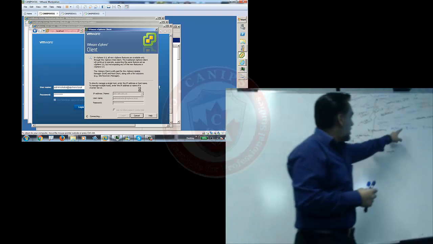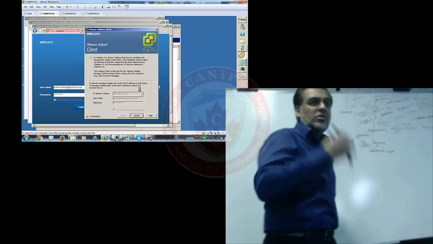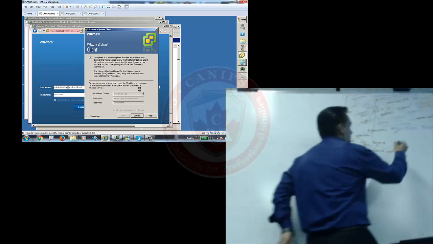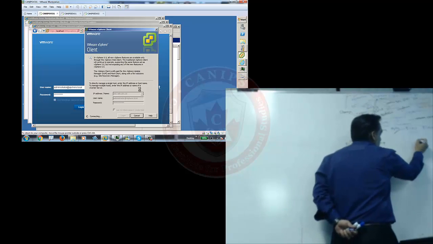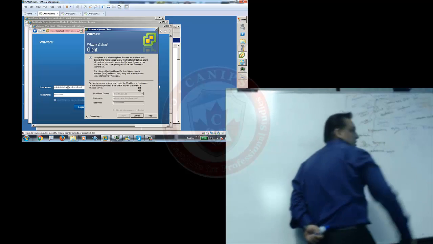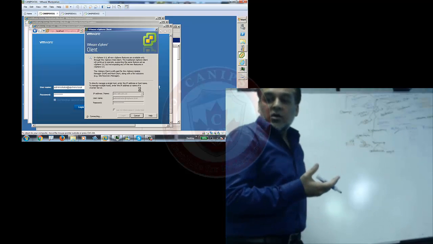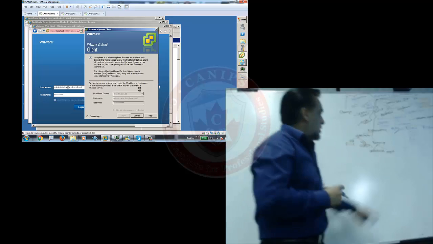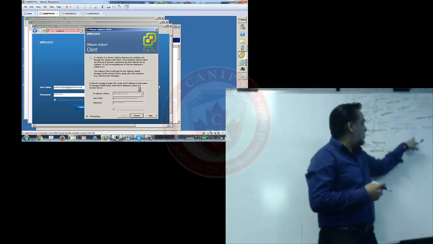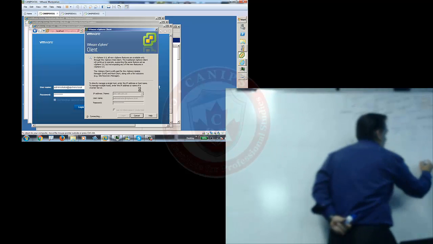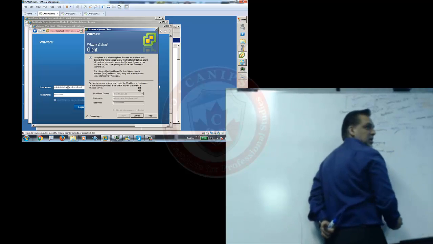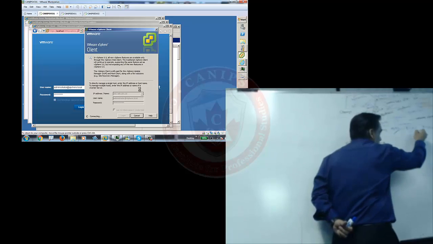And the most important thing about this ESXi host is not the ESXi host itself. Actually, it's all about the VMs here. Where are these VMs? If these VMs are stored in local storage, then it is like you're putting all your eggs in one basket. If this ESXi goes down, the VMs will go down with it. So guys, in all of the environments, what we do is create a shared storage and then place all the VMs outside